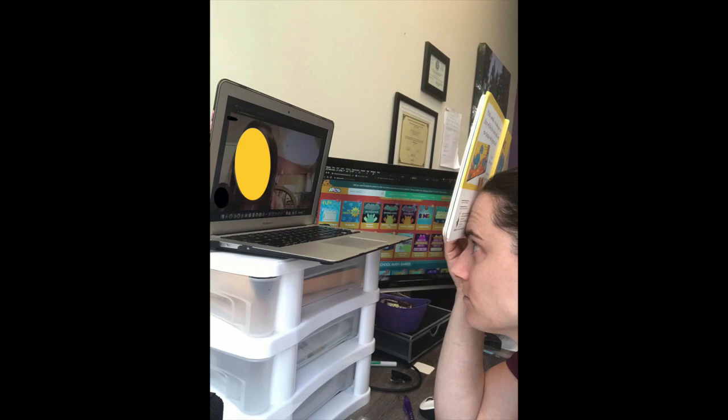In the interest of HIPAA, I have blacked out the face of the child in this session, but if you could see her face, she is smiling and leaning in to the camera and she is loving it. So that's really all that matters. As long as they're getting something from it, they're making progress, and it's not that much different on the camera. It was something I was concerned about, and I think maybe I have that advantage because I have worked with a lot of these kids for weeks, months, some of them for years. So they're already used to me coming into their home, and now it's just like, oh, it's Miss Sarah. It's just in a different way.